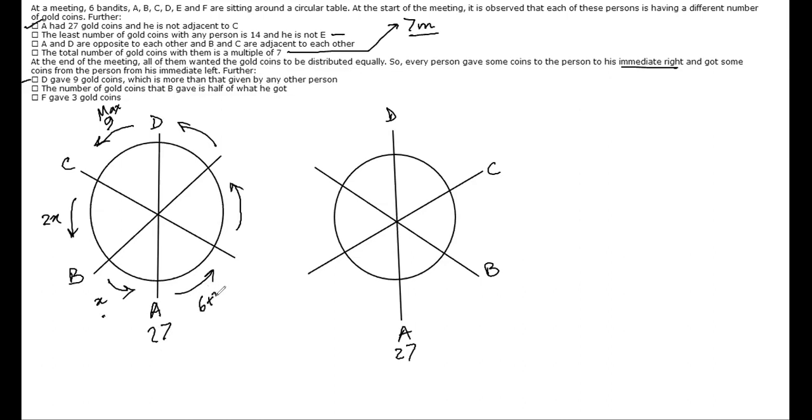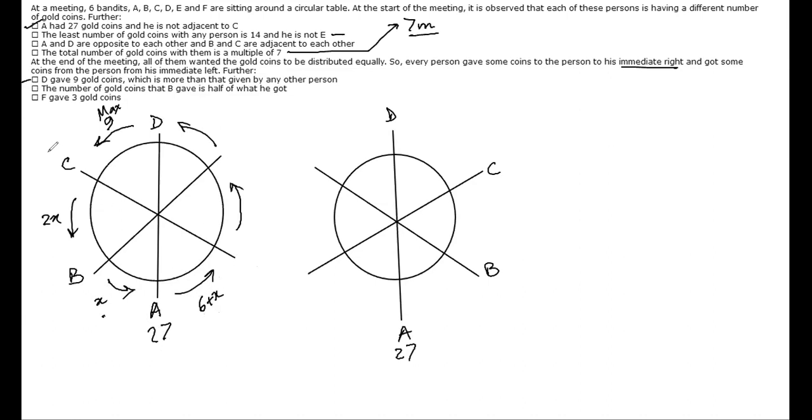6 plus X. Is that okay? What's the logic of 6 plus X? If this was not there, if you had just given 6, it would be 21. But he is also getting X from that guy, so you have to give away that X also, right? To get to 21. Followed? Yes, sir. Okay. So you have got till here.